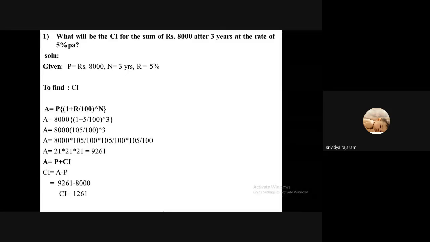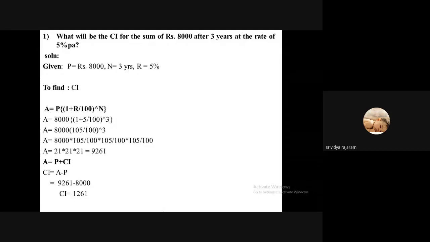So A is equal to P into (1 + R/100), the whole power n. Substituting the values, A is equal to P, which is given as 8,000, into (1 + 5/100), the whole power 3. On taking the LCM for 1 + 5/100, we get 105/100. So (105/100) power 3, multiplying it thrice: 105/100 and 105/100 and 105/100. On simplifying that, we are getting the A value as